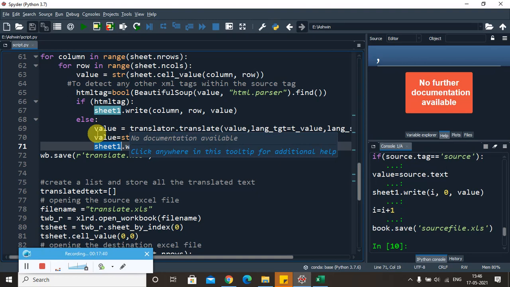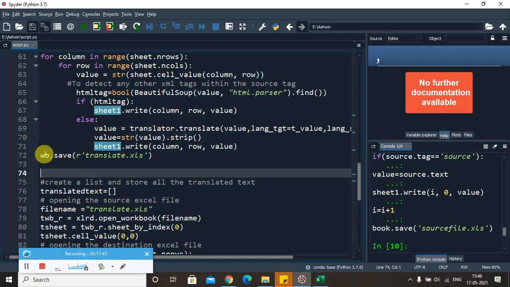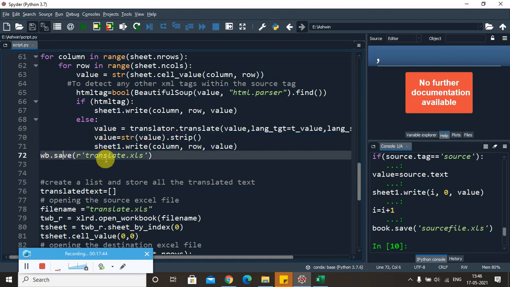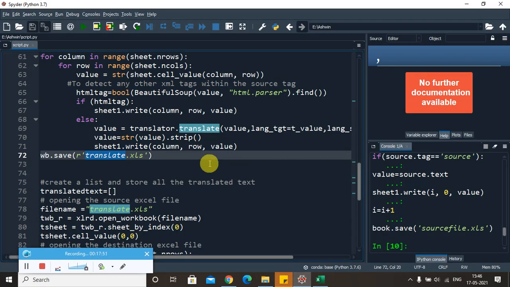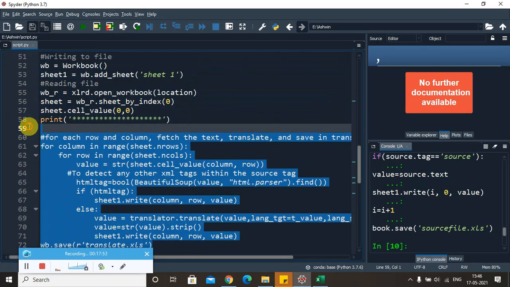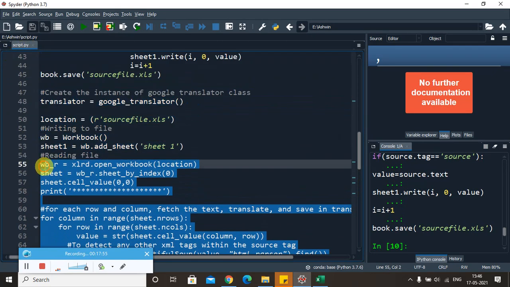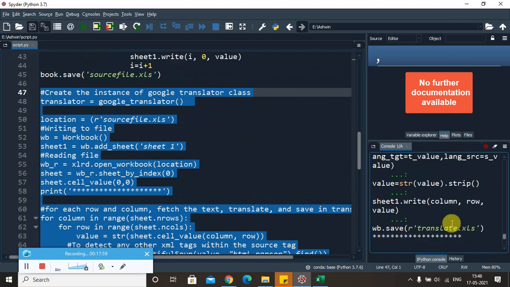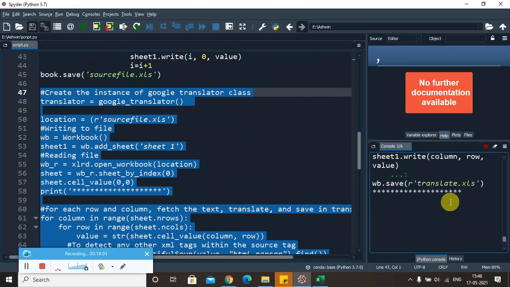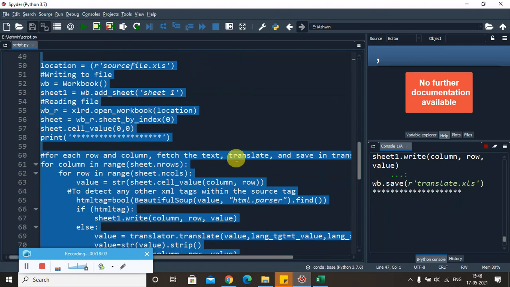Now after doing all that, save that workspace and put it in a translate.xls file. As you can see here, we don't have the translate file. Now what happens after I execute these lines of code? I'll start from here. Let me execute this. It will take a little bit of time because it's starting to translate all the 58 data.